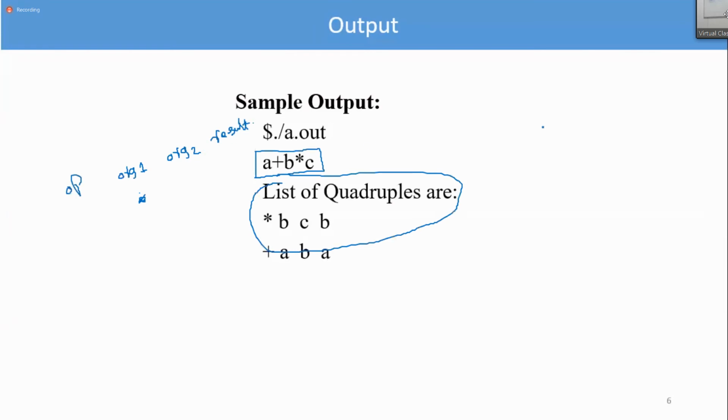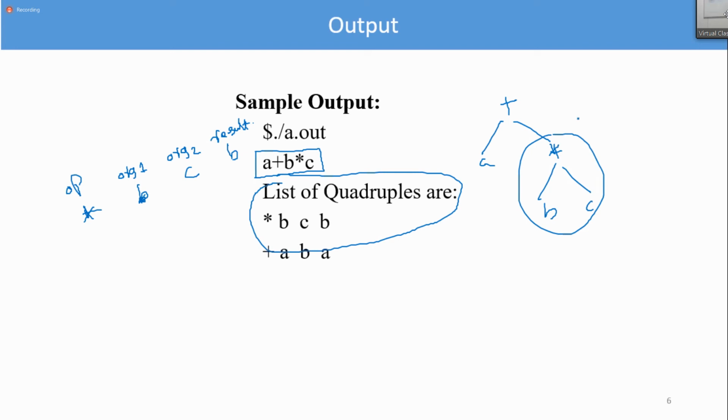Okay, if you are looking at this parse tree, this is like a plus of A, B, and C. First we need to do this one, right? So the operation is multiplication of B and C. The same variable they are using, so let's use any of the variable, B, they are using.